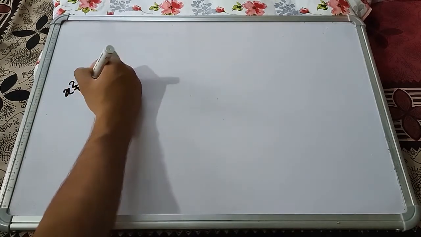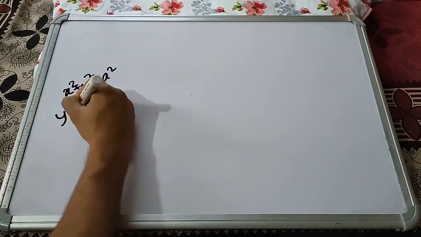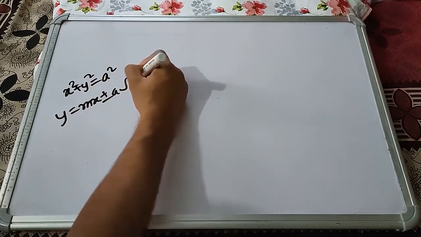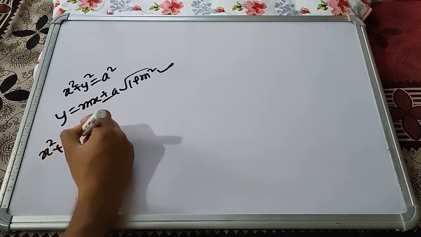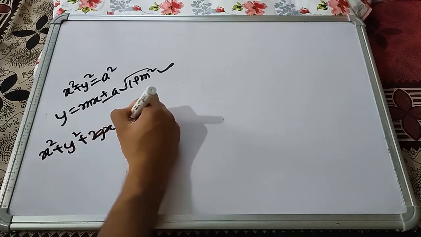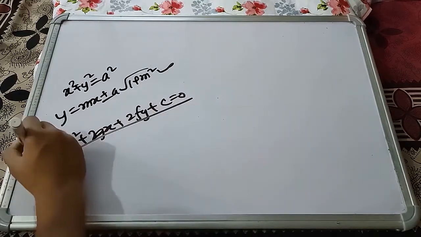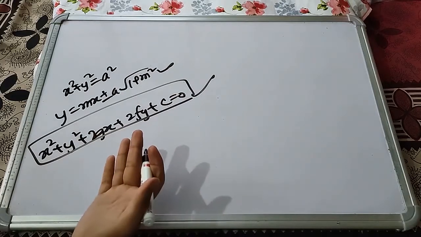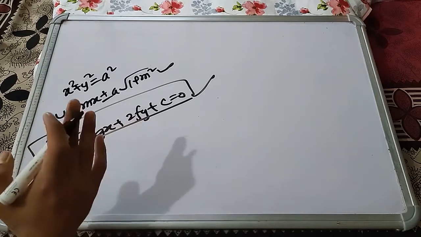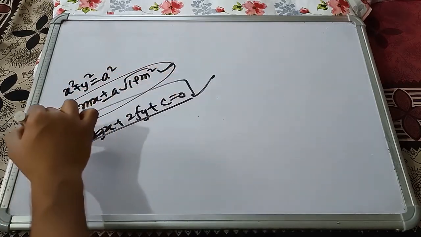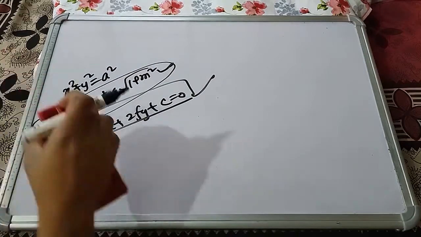Now the most probable immediate question which might be rising in your mind is that the questions in the exam aren't always so simple that we will get a circle of the format x square plus y square equals a square and just find the equation of tangent as this. No, things aren't always that simple, I agree. So you might be thinking, what for this type of circle, x square plus y square plus 2gx plus 2fy plus c equals 0? That is the standard equation of a circle, and the concept isn't much different. The key concept revolves around this only. So let us see what is that revolvement.